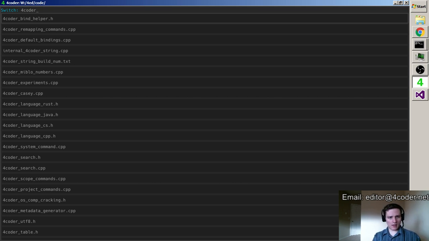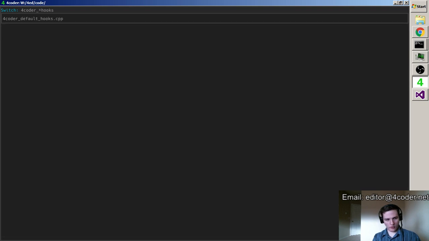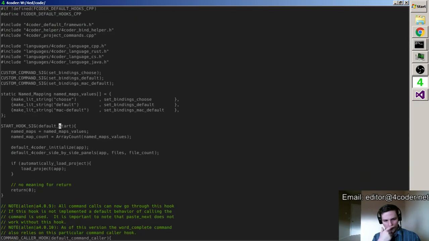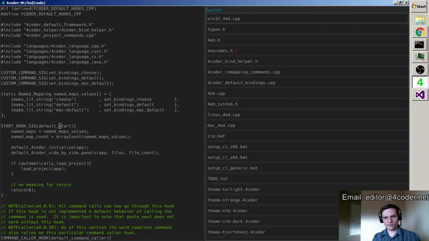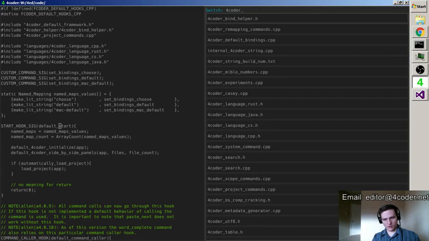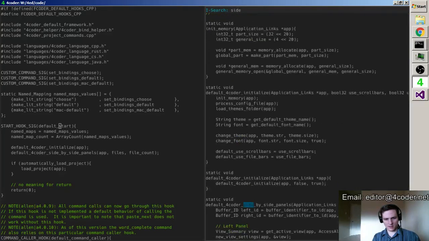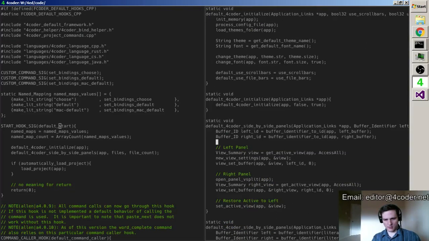Anyway, yeah, we're looking for hooks start. Yeah, so it's giving me a side-by-side panel. I want to look at my 4coder default framework side-by-side panels. What are my other options?